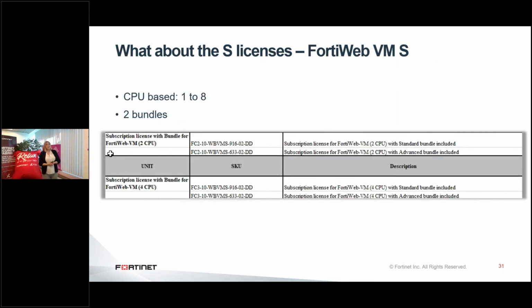The last solution is the FortiWeb VMS, a solution again based on the amount of CPU like you had with the FortiGate VM. You have this one in 2 flavors, with a standard bundle or an advanced bundle. Also an all-in-one license where you can upgrade easily by increasing the amount of CPU for the remaining time of the original license. And don't forget, if you have upgrades that need to be done for an original license, always